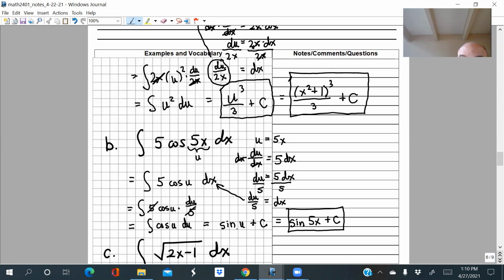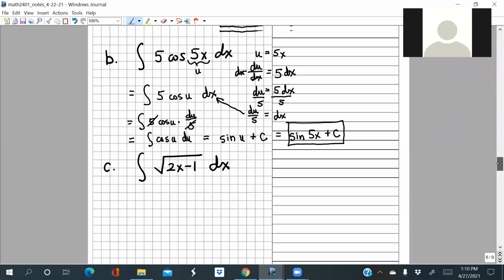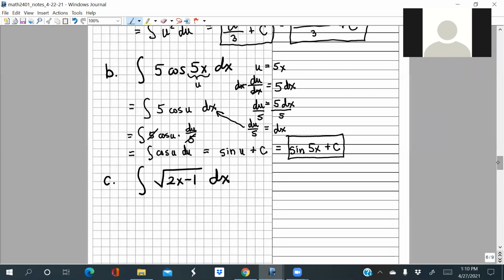I mean, we can do that by just guessing. Can I ask a question? Yes. Let's suppose we take the derivative of sine 5x plus c. That just involves the product rule. No, it doesn't involve the product rule. What is the derivative of sine of 5x? It's going to be cosine of 5x. But then you have to remember, since this is 5x, not x, what do you have to multiply in here? Yes, that's right. The derivative of 5x is 5. So the chain rule was involved there. Yeah, that's the chain rule.